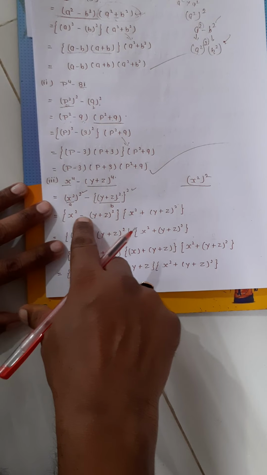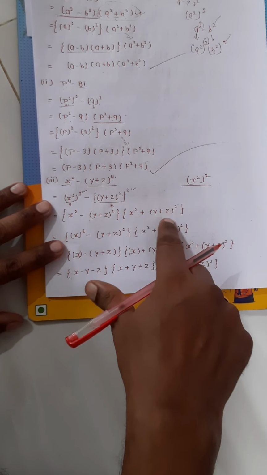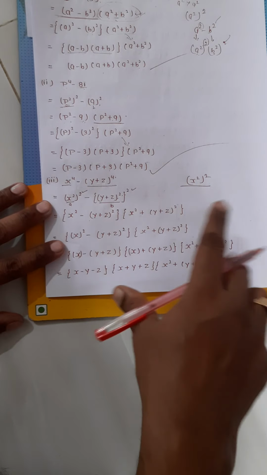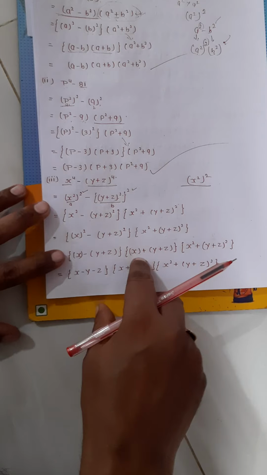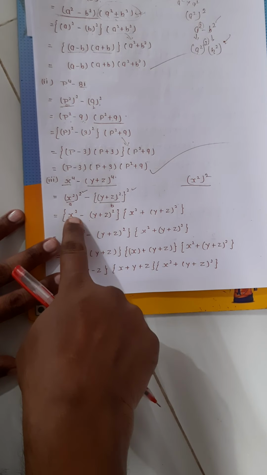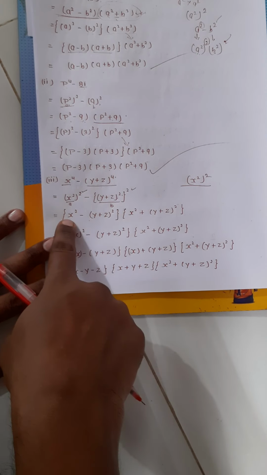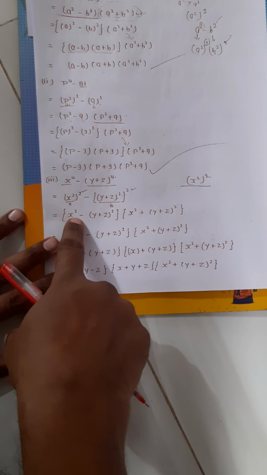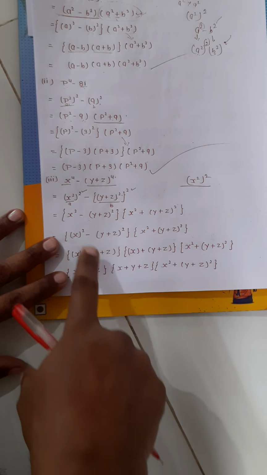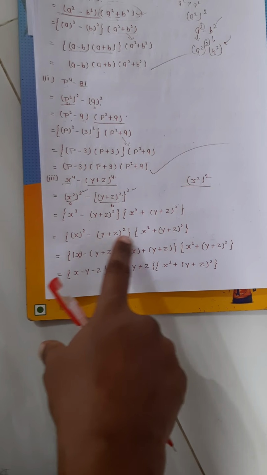Okay, x square minus whole square of y plus z and x square plus whole square of y plus z will come. Understand? Now here again you see that it is a square value, it is also a square, it is a perfect square, it is also a perfect square, and this is a minus sign. So again we can apply identity number third here. So again we will try to apply identity number third.